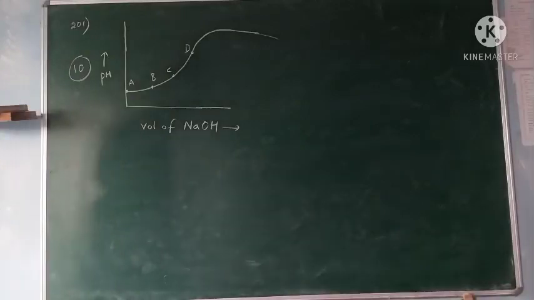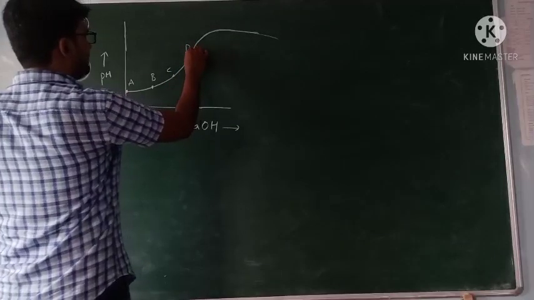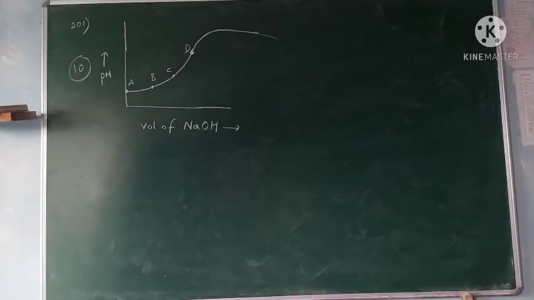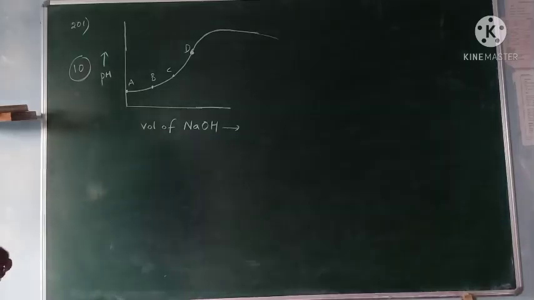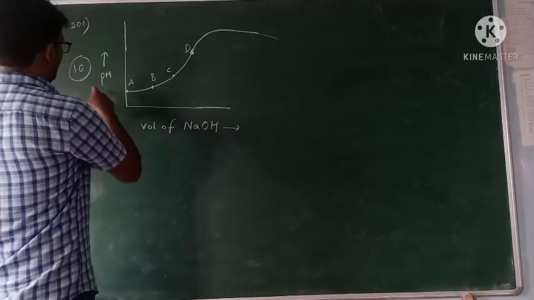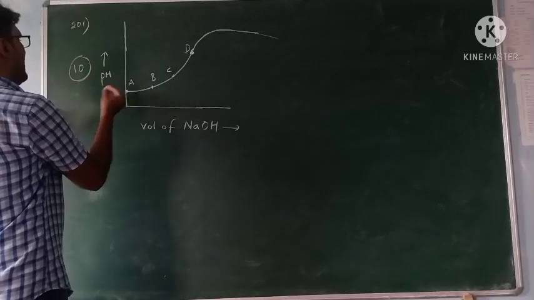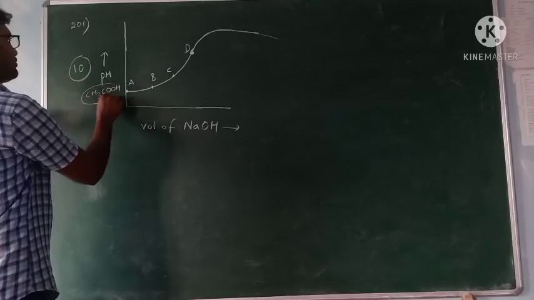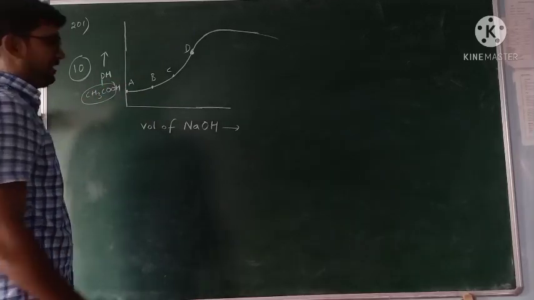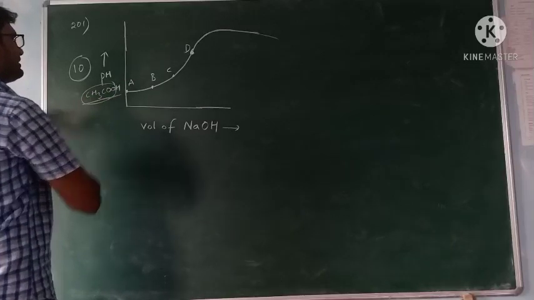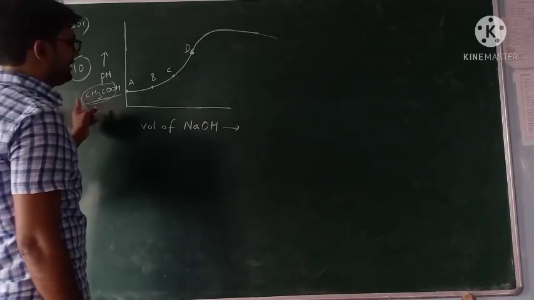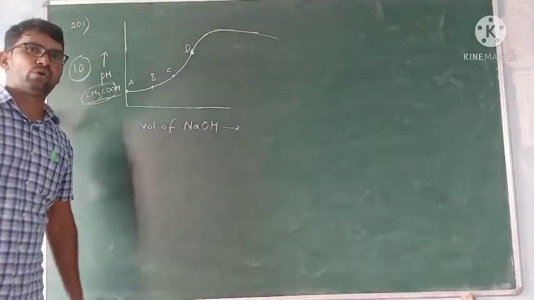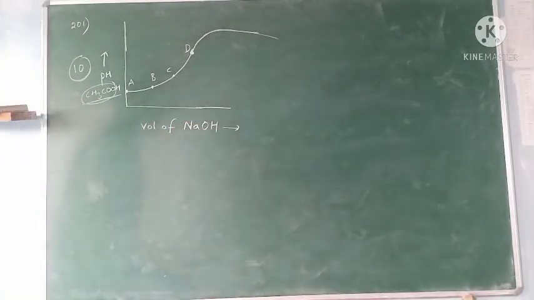So what is the point? After point D, neutralization takes place, and also the titration curve is where the concentration of acid equals that of its conjugate base. Conjugate base means, for example, take a weak acid, CH3COOH. It dissociates as CH3COO- and H+. So this CH3COO- is the conjugate base. This conjugate base combines with NaOH and forms CH3COONa.